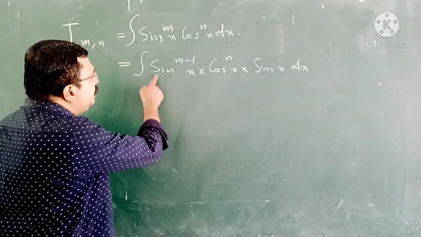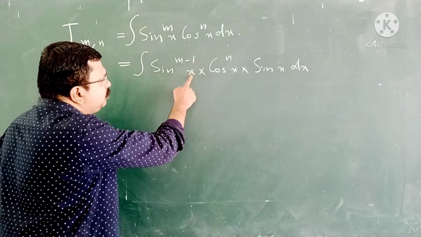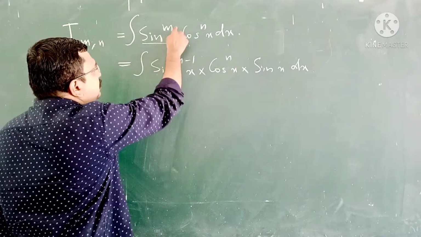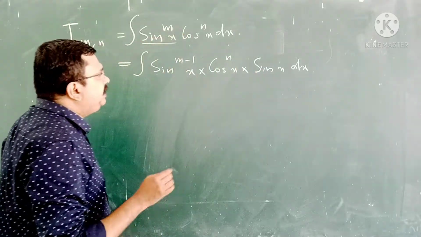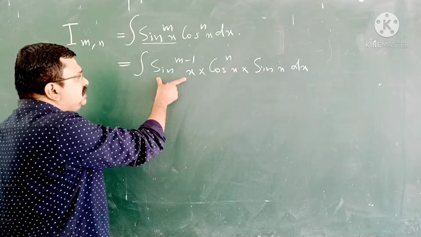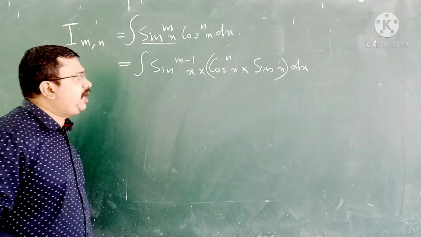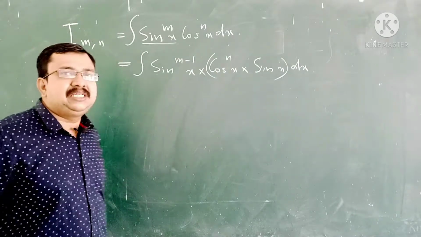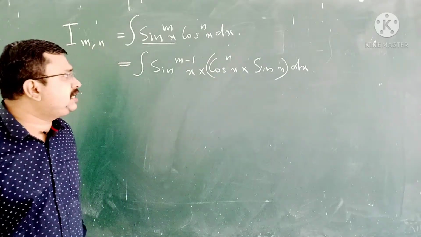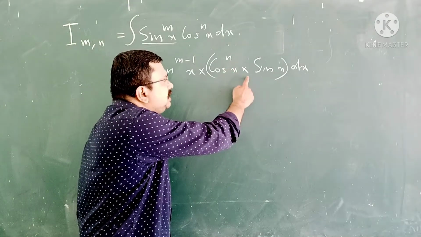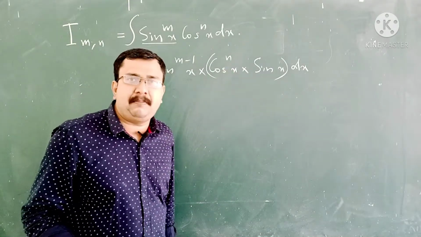Here we get sin^(m-1) x into sin x equal to sin^m x. Then we assume that this is our first function and this is our second function. The first function is sin^(m-1) x and the second function is cos^n x into sin x. Then we are applying